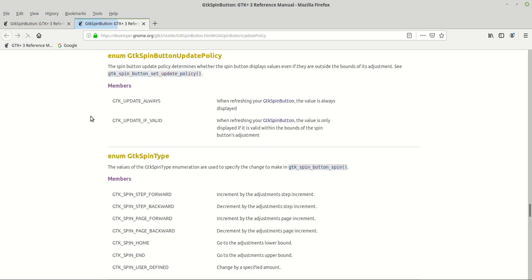Now if we watch inside here, we have two. One is GTK_UPDATE_ALWAYS, and the second one is GTK_UPDATE_IF_VALID. The GTK_UPDATE_ALWAYS means when refreshing your GTK spin button, the value is always displayed. But if you set it to if valid, it means when refreshing your GTK spin button, the value is only displayed if it is valid within the bounds of the spin button's adjustment. What does this mean? Now, how can I explain? Let's say